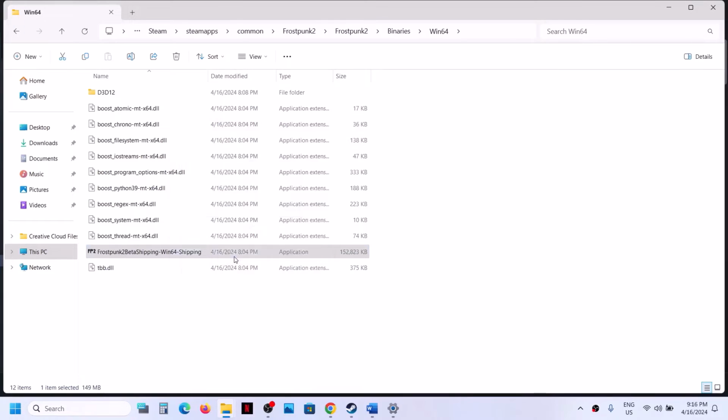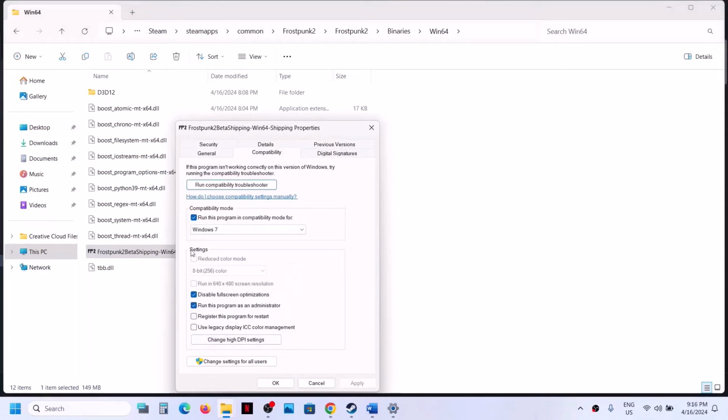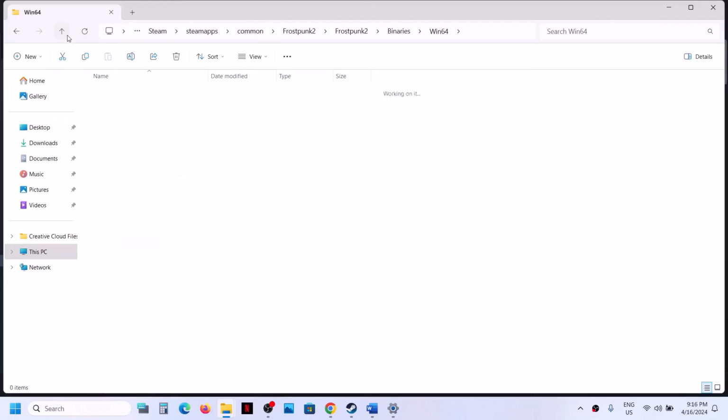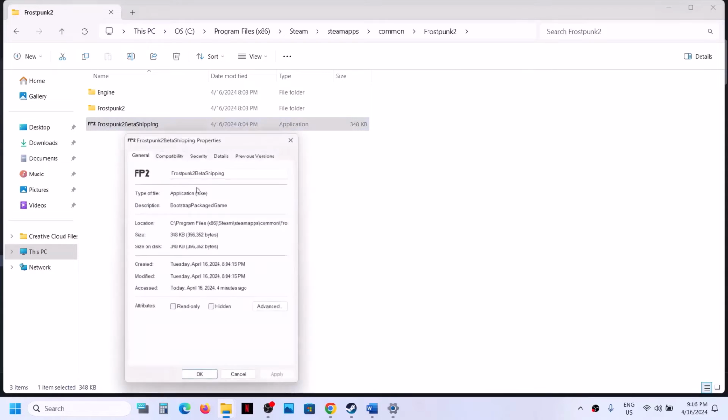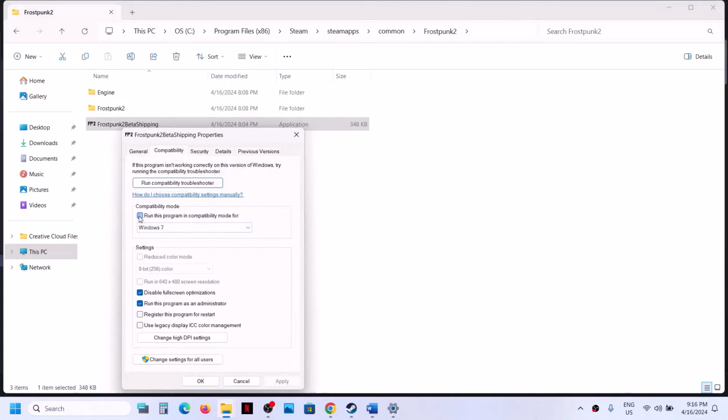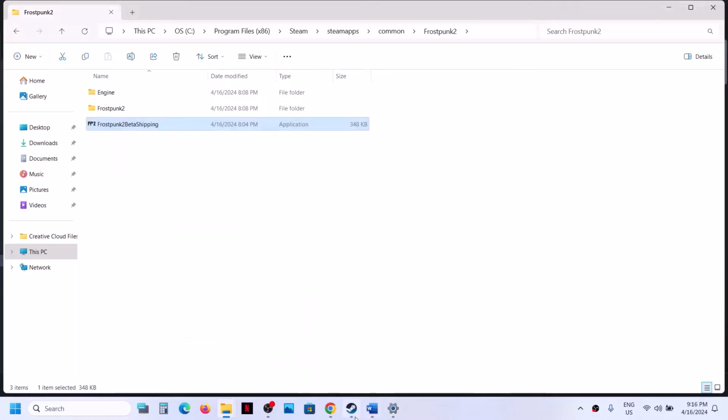Still not working. So when you put a check on all these boxes, if it's not working, you can uncheck all these boxes, hit apply, click on OK, go back and do the same thing with the first exe file, make a right click, select properties, and uncheck all these boxes and follow the next step. Now the next step is to